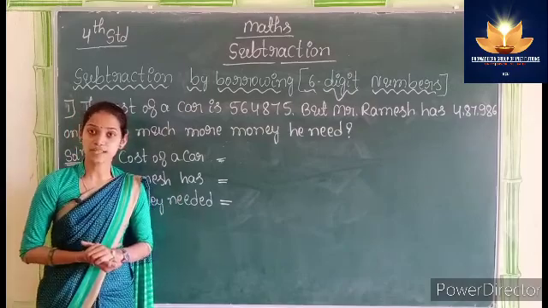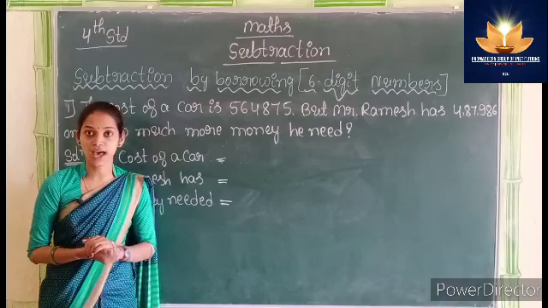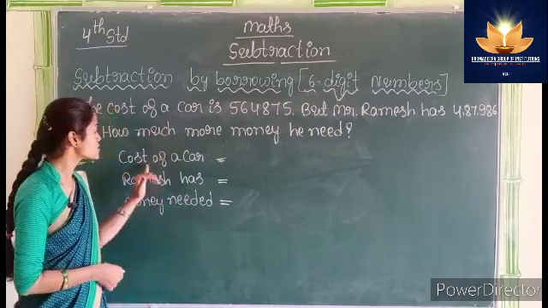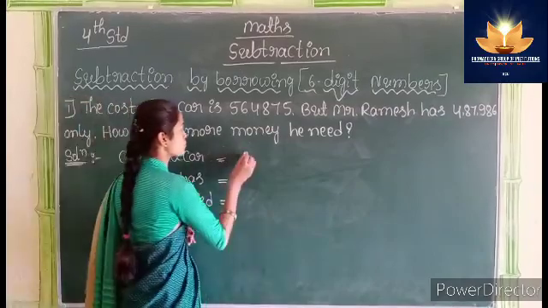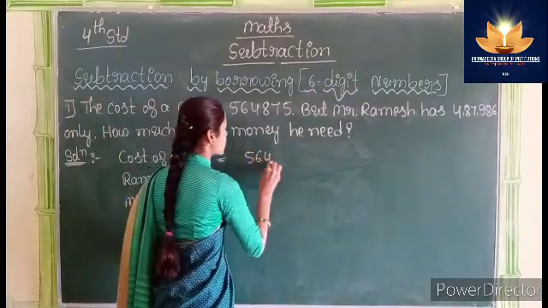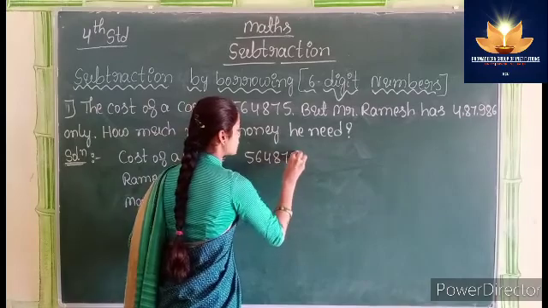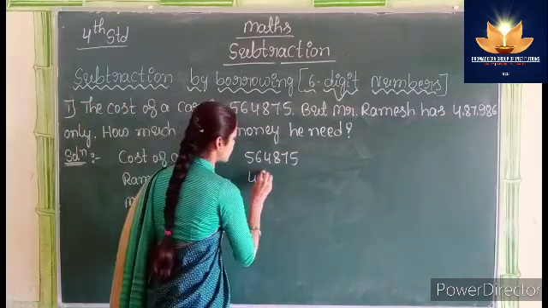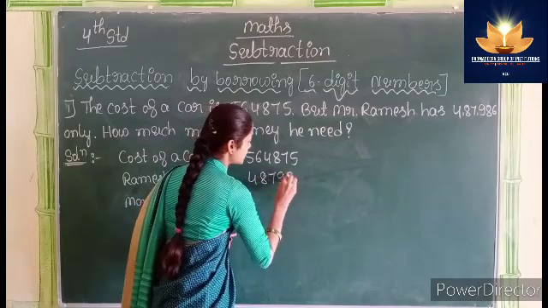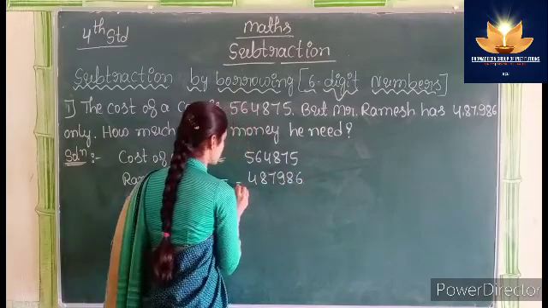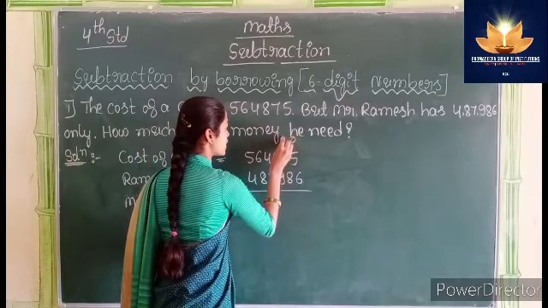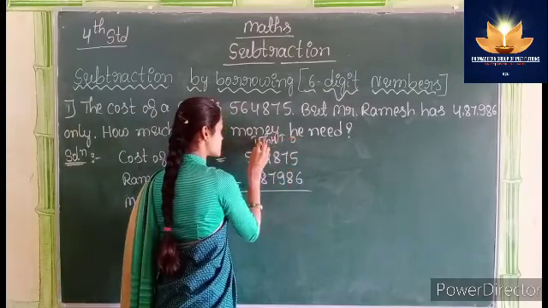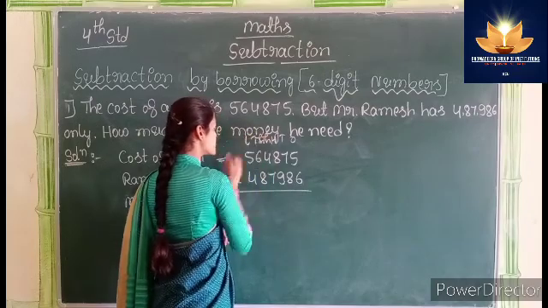For that we have to subtract the amount Ramesh has from the total cost of car. Total cost of a car, that is 5,64,875. Ramesh has, that is 4,87,986. This is ones place, tens place, hundreds place, thousands place, then this is 10,000s place, then this is lakhs